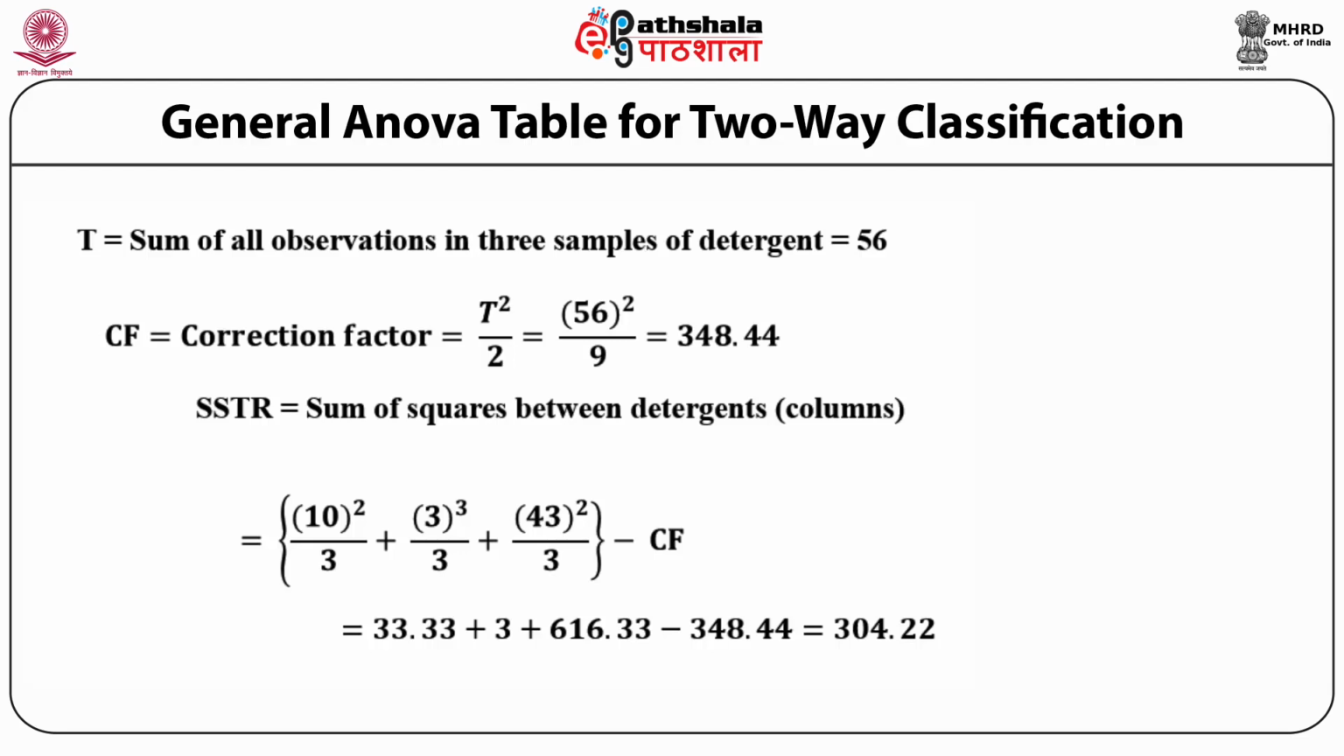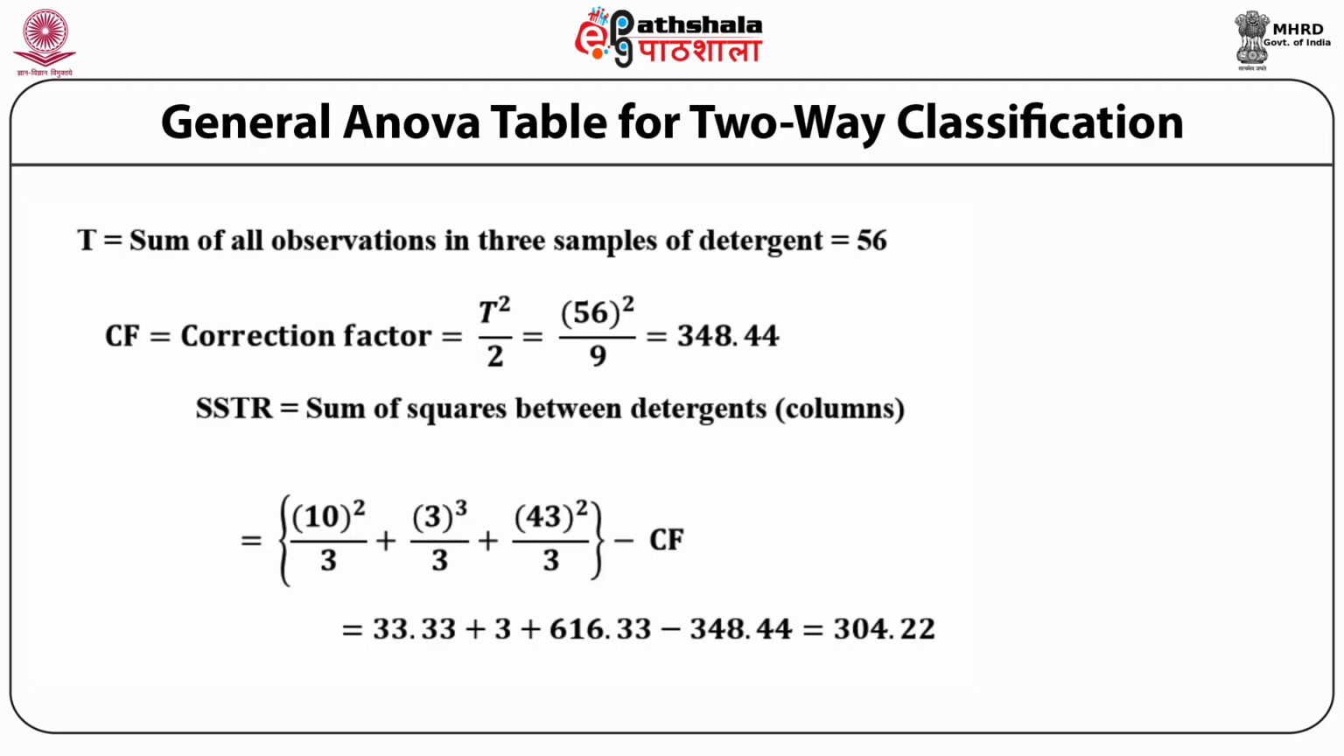So it is 56 square upon 9, and when we calculate it, it comes out to be 348.44. Then let's move to again the generic way of solving the ANOVA problem. We have to find out the sum of squares between detergents, or you can say between column variance, and within column variance. So SSTR is, we have added the 10 square upon 3, then the 3 square upon 3,